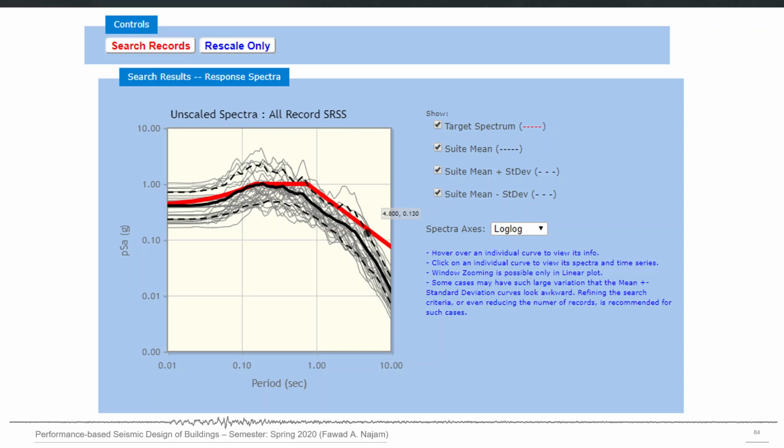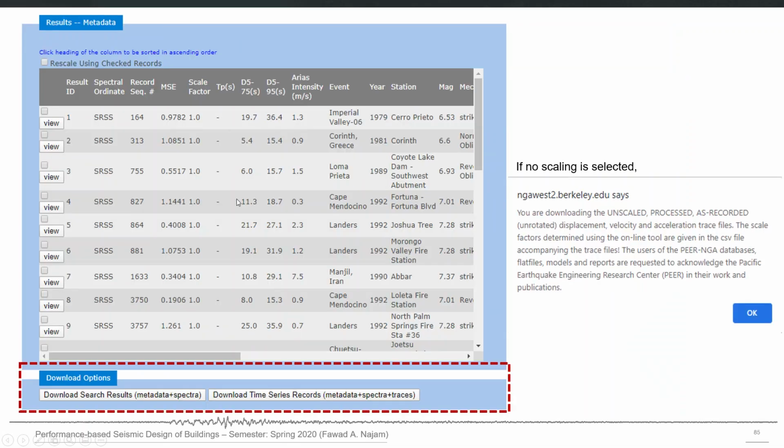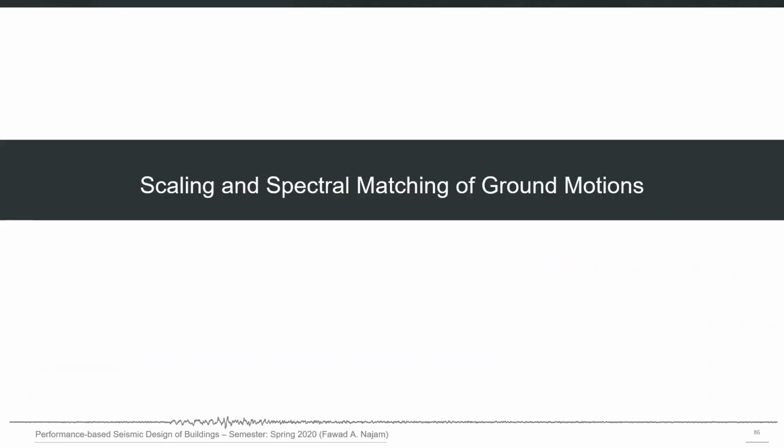So this I have explained already, that the program will not only select ground motions, it will also plot the spectrum, and if you have given any target spectrum, it will plot that one as well. Currently I just used no scaling, so there was no red line in my graph. Otherwise it will also plot the target spectrum, and it can then apply the scale factor also. So these are the download options I explained in the demonstration also. When you click, this message will appear, and when you click OK, the zip file will be downloaded, which you can extract and check the files.